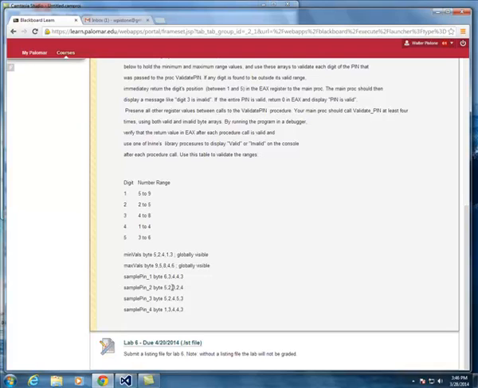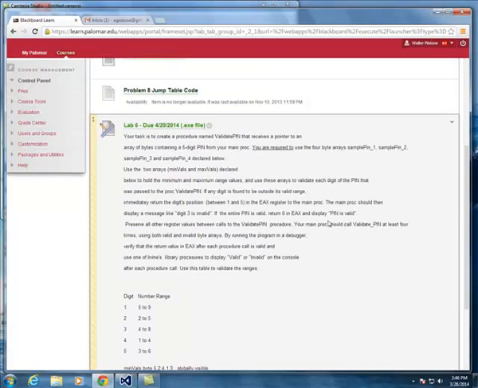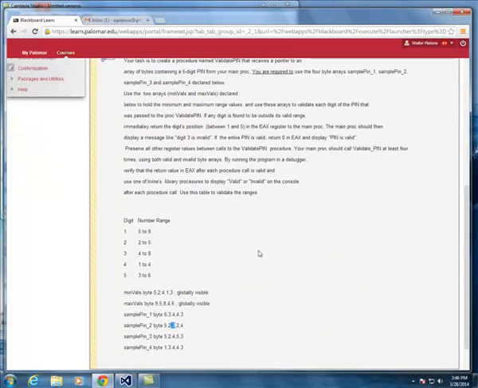So at this point, validate pin is going to return to main, and it's going to pass the position of the digit, which is a 3 in this case. You can start counting with 1. Main is then going to display on the screen a message indicating that the value at position 3 in this pin is invalid. So use this range to verify each